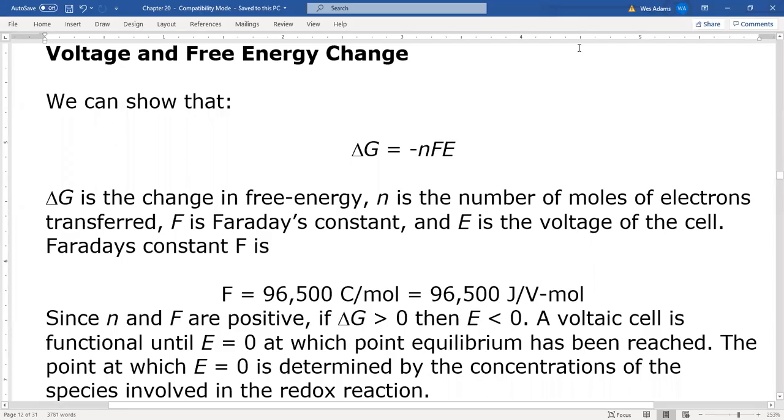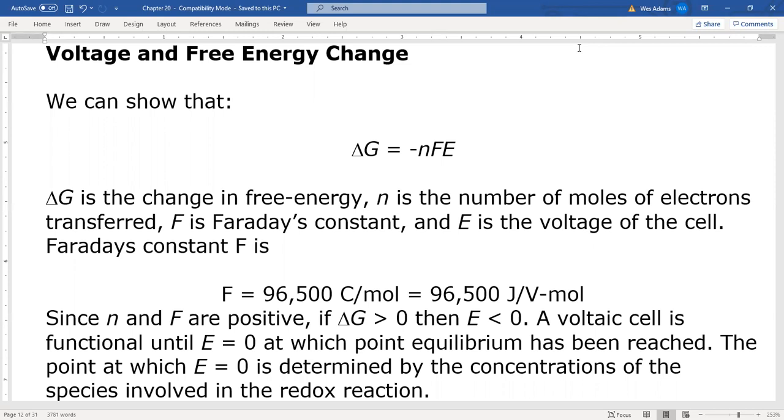Okay, let's talk about voltage and free energy change. It turns out we can calculate the delta G, or the free energy, by using the formula delta G equals negative NFE, where E is the voltage of the cell, F is Faraday's constant, which is 96,500 coulombs per mole, or